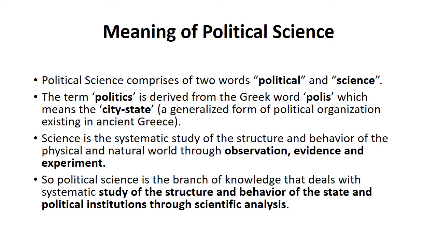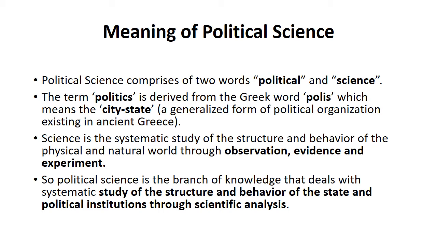We need to know what science actually is. Science is the systematic study of the structure and behavior of the physical and natural world through observation, evidence, and experiment. What does that mean? That means that if you want to do a systematic study of any structure or behavior which exists in a physical or natural world, there has to be some sort of observation, some sort of evidence,